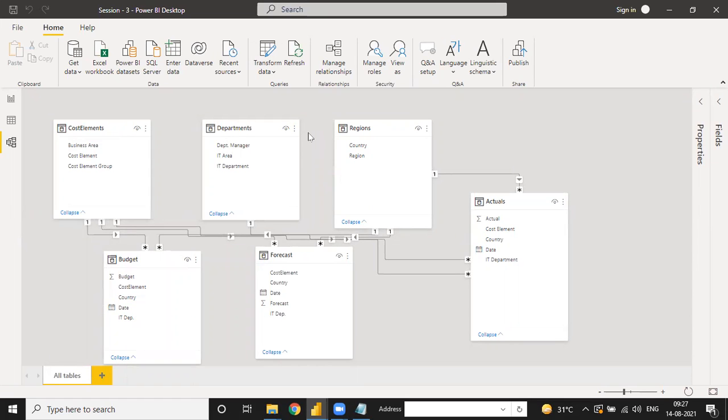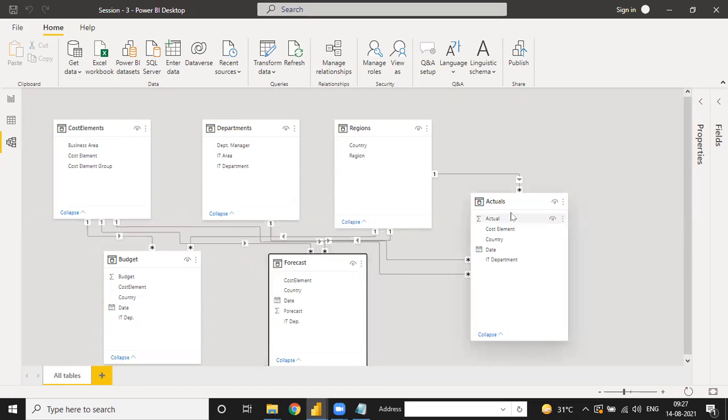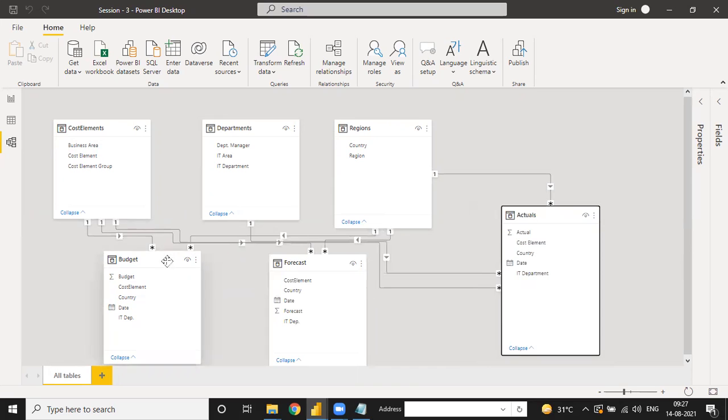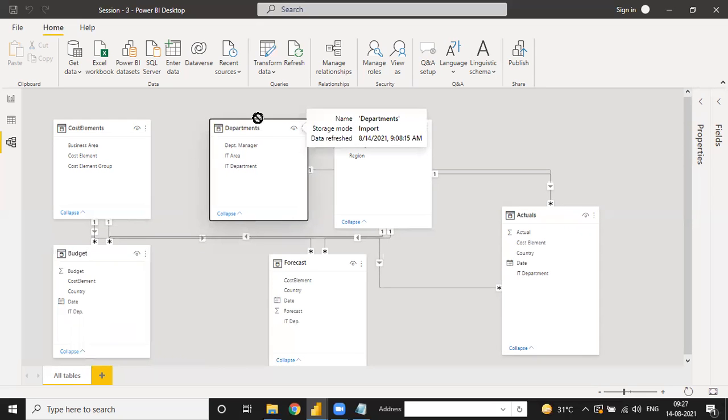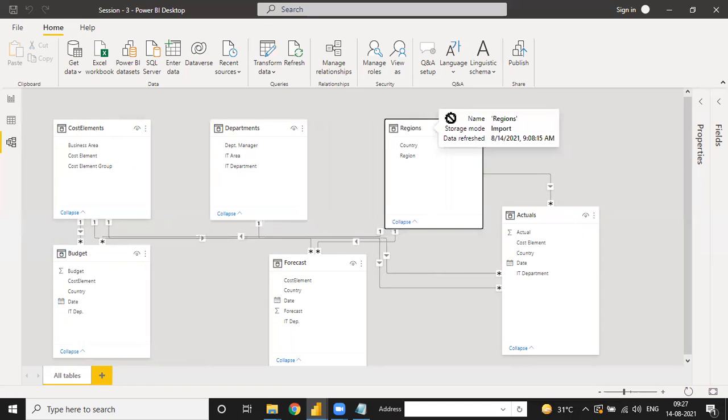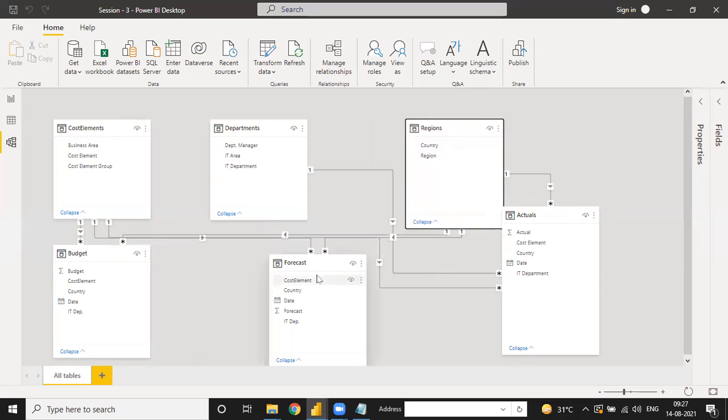Pramod, Kiran, Pooja, anyone? Which one is a dim table and which one is a fact table? Because we have to make the relationship between those tables. If we cannot identify these kinds of tables, then how do we make the relationship? So the first thing in making a relationship is to find what is a dim table and what is a fact table.